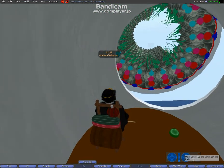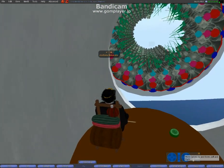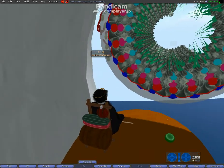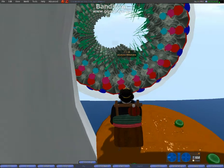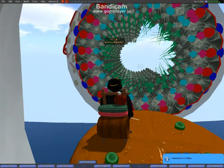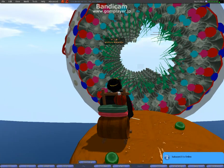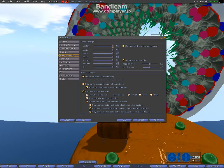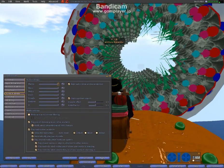This is the entrance to a single seminiferous tubule. The tubule is surrounded by a basal lamina glowing white. Under the basal lamina are sperm stem cells called spermatogonia, which I have colored blue. They will differentiate into primary spermatocytes, which are red,